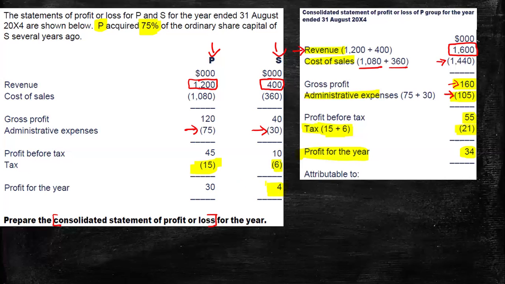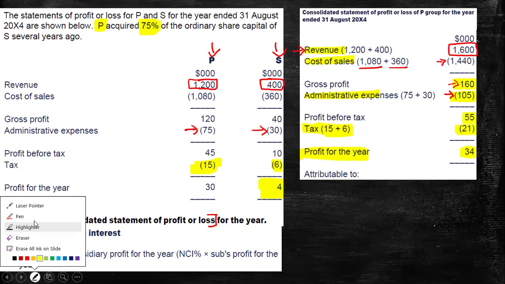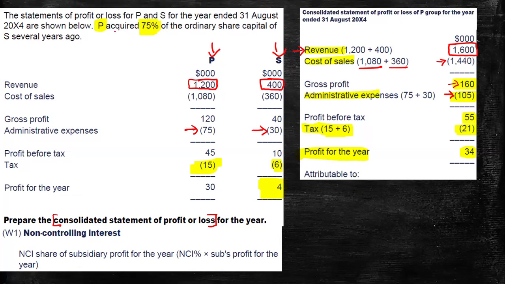So you take the individual profit of the subsidiary from the subsidiary's individual statement, and to that you apply the percentage of non-controlling interest. The non-controlling interest percentage here can be found by subtracting the parent's ownership percentage, which is 75%. So 100% minus 75% gives us NCI's percentage of ownership, which will then be 25%. So you can calculate NCI's share of the subsidiary's profit,